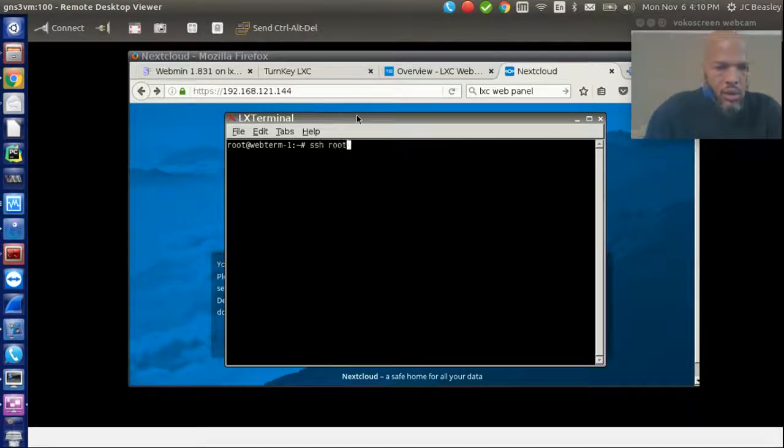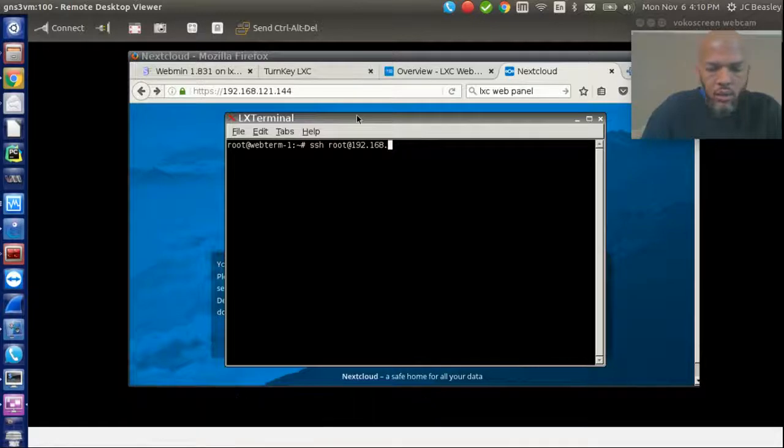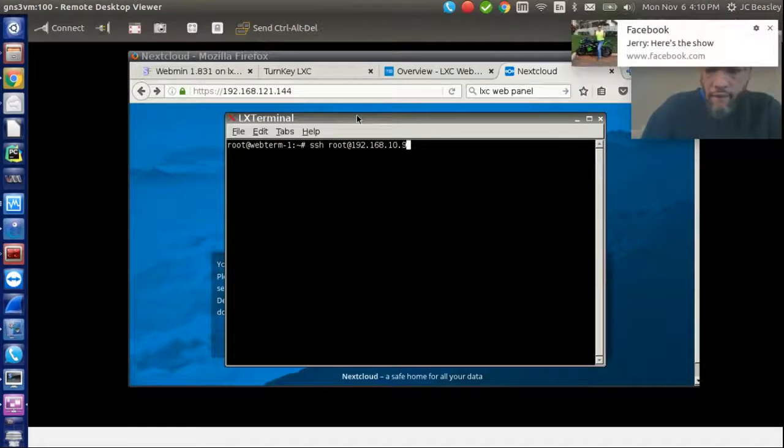SSH, and we said 192.168, what was that, 121.144? Is that it? No, that's not right. That's the server's 10.9. And the password, our password is